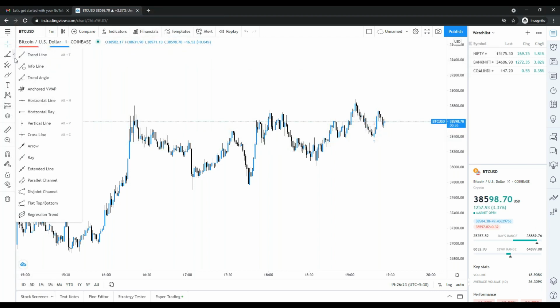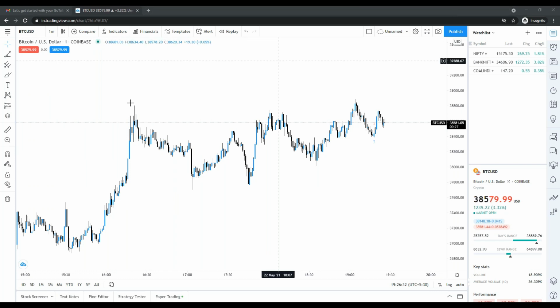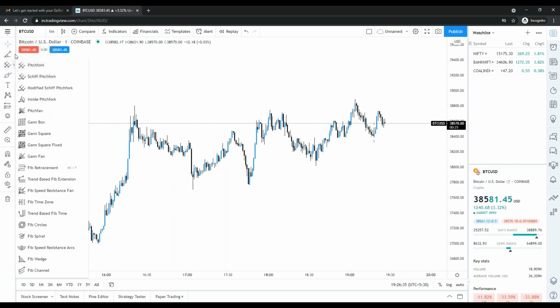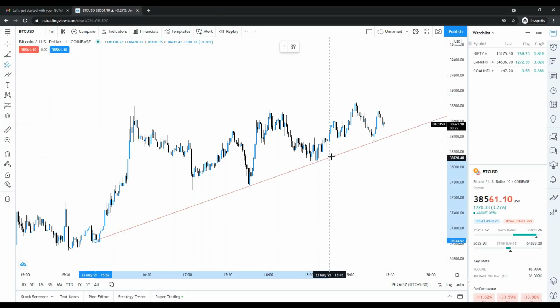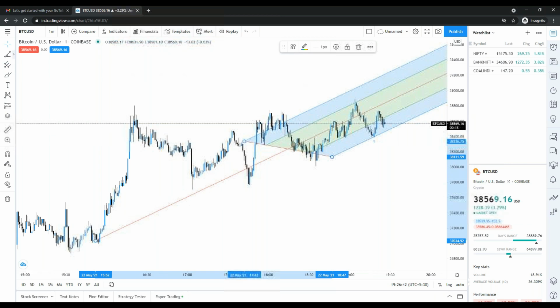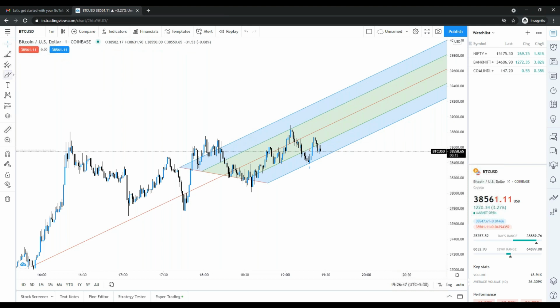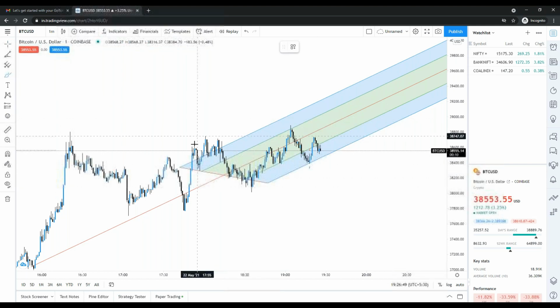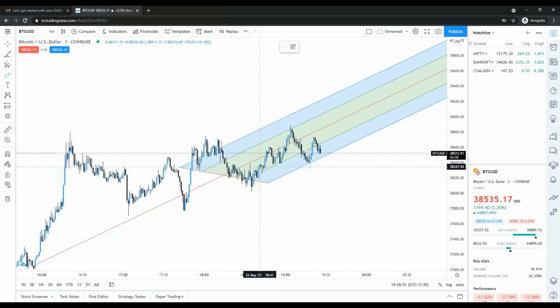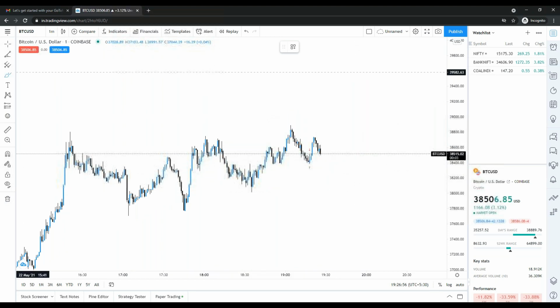Okay, these things are done. There are some more options I will explain when time permits. The next is an advanced form, a pitchfork tool. The pitchfork tool is the same as a trend line, because it is an advanced way to understand the trend line, extended line and all. I will explain more about the pitchfork tool, but currently I'm showing how to draw it.